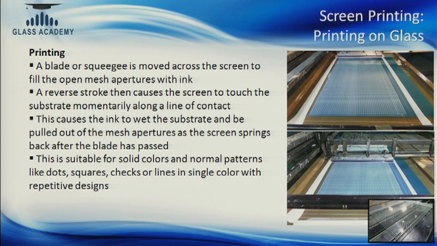The pressure, the speed, and the angle of the print have to be consistent for a consistent print. The opening of the mesh has to be consistent for a consistent print. So we recommend using a machine. If you use a manual process, the speed of application and the pressure may vary, so you are not sure of the deposition of ink that you are making, and the deposition may vary according to the pressure that is being applied.